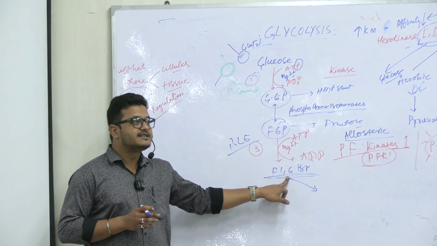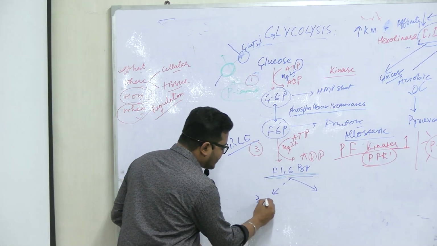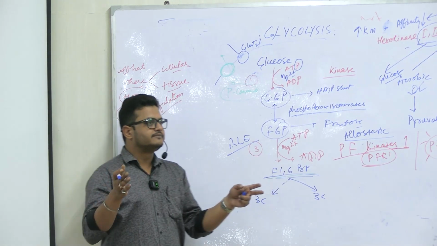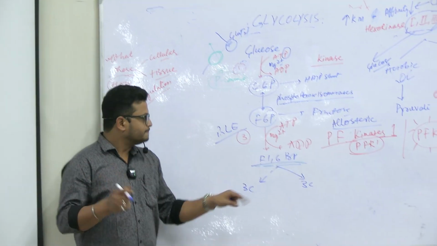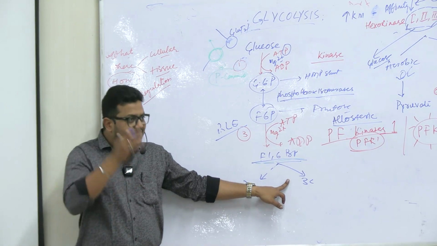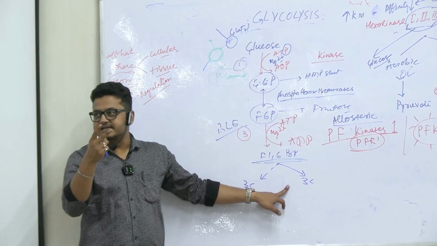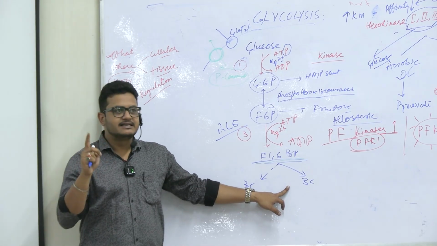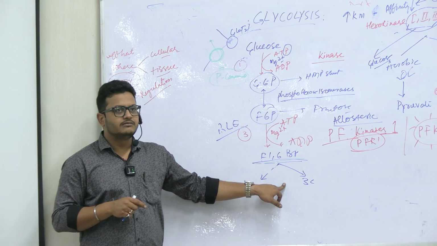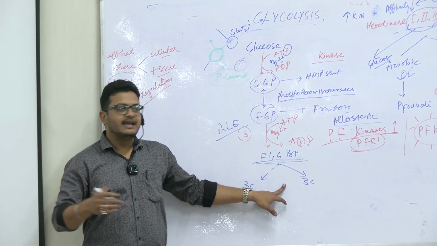It has to be split into two molecules of 3 carbon. 6 carbon is converted into 3 carbon, equal, right? Fine. Splitting, breakdown, cleavage is the responsibility of two classes of enzyme, either hydrolase or lyase. Did I add any incorporation of water into it? No. So it cannot be hydrolases. It has to be lyase. Example is